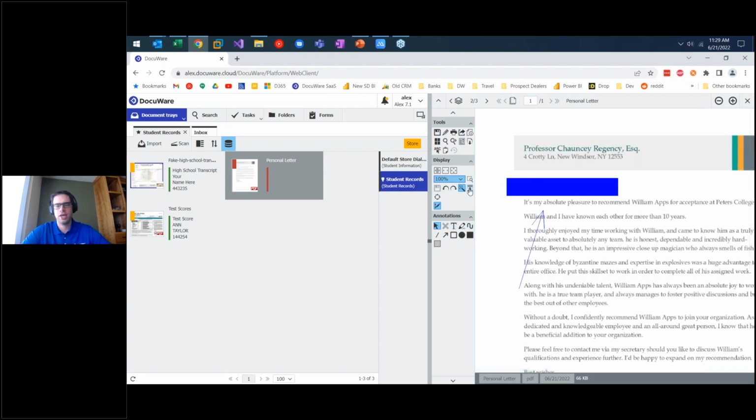I also can make these changes permanent by burning them through. So this will merge the layers and make a new PDF, and the information underneath this square will be removed because it'll be replaced by just that blue square. If you have any other questions about that, we can certainly talk about it, but for the most part, that's